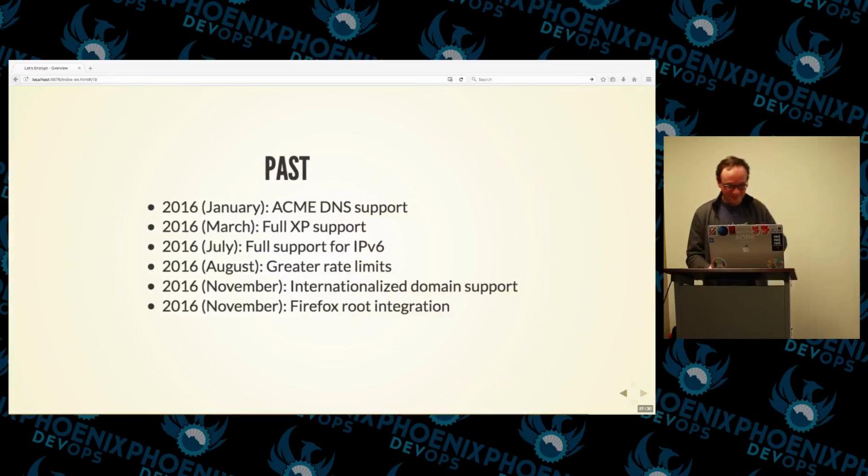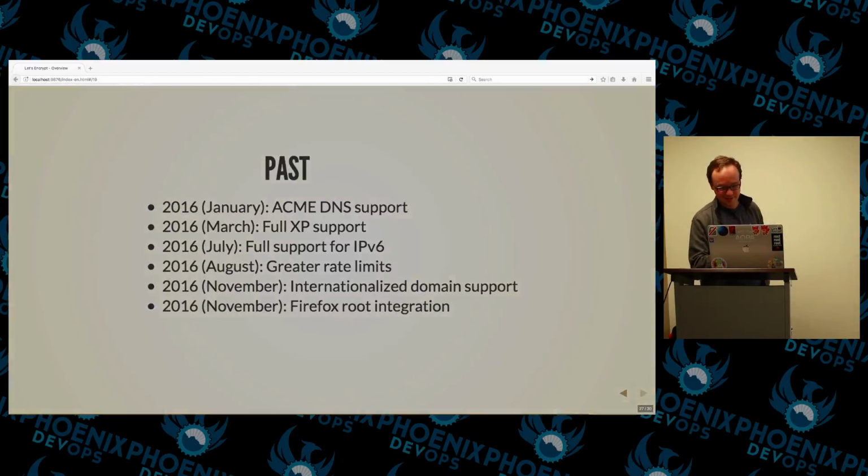So, a little bit of a timeline. Things that happened in the last year since Let's Encrypt launched. It didn't actually launch with a number of features, including IPv6 support. I can go into why that was, and things about rate limits and so forth.